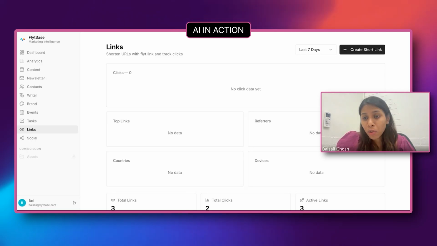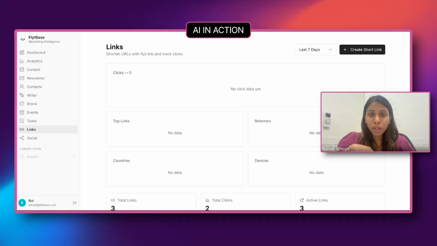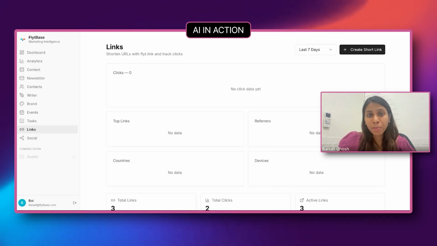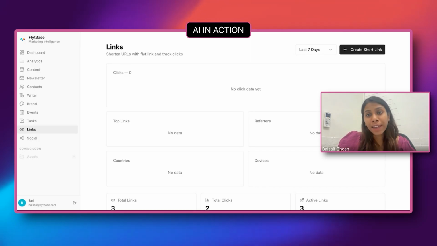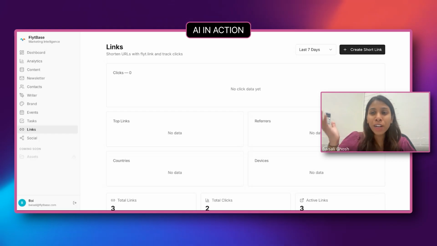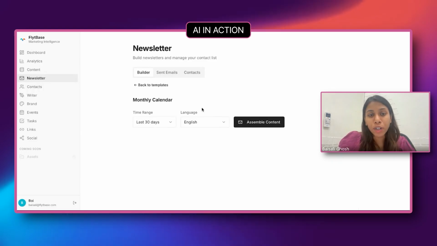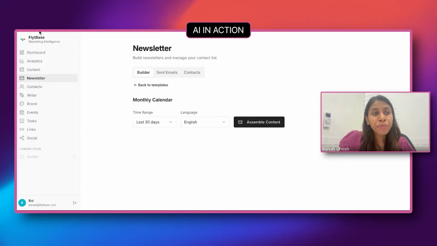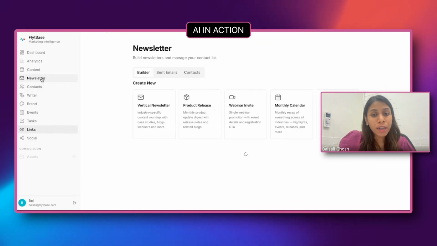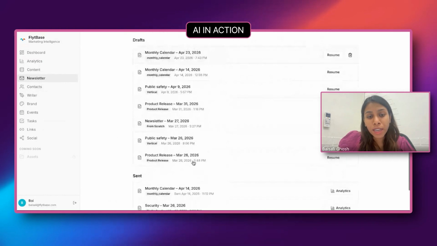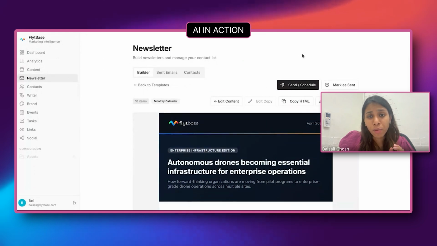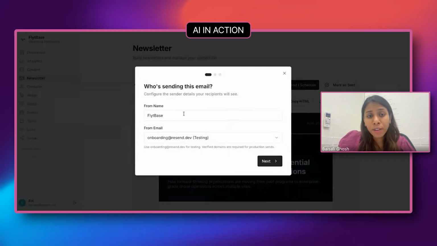Okay. Does it support A/B testing? See, this is the thing. Right now, I have not included the A/B aspect, but of course, I can build it. It's only a prompt away. So this is something that we build based on what we require. For example, if I want to show you a quick one in the newsletter, when I was sending a newsletter, say this one, I want to send it. So here,